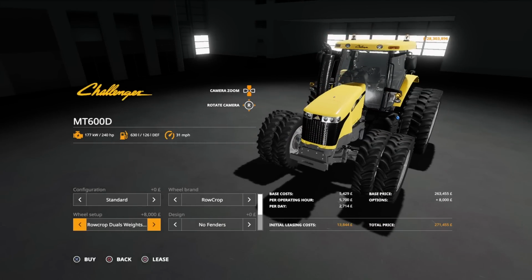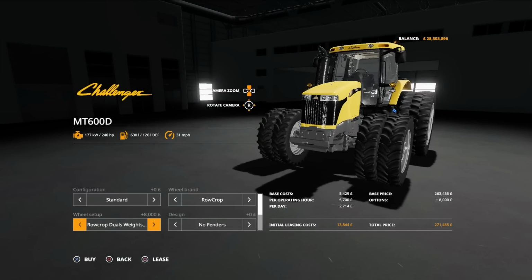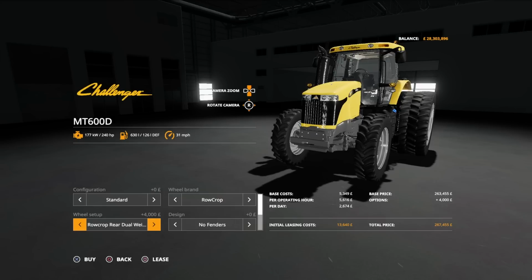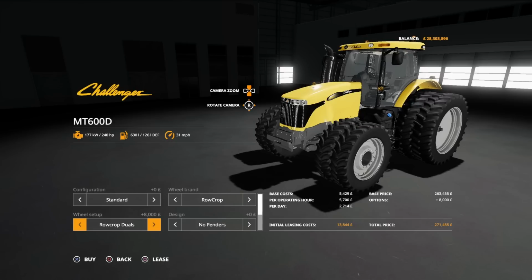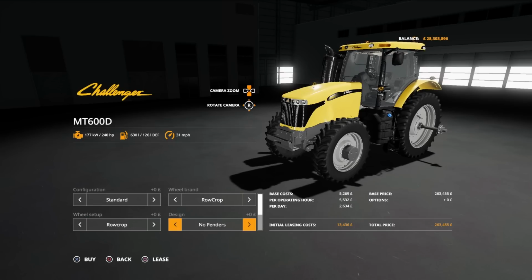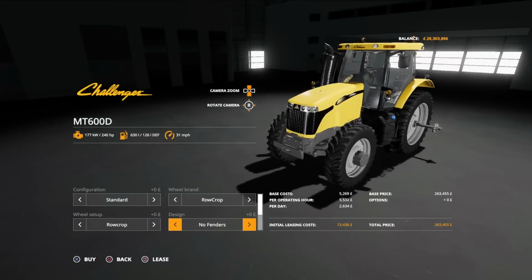How did I miss that? Row crop dual weights. Missed that completely. Under the row crop option, when I got to the rear duals, we got row crop duals with weights, double weights, and the back end. So there was a double option. I thought there was somewhere. I'm going mad. Then we got the option for no fenders,